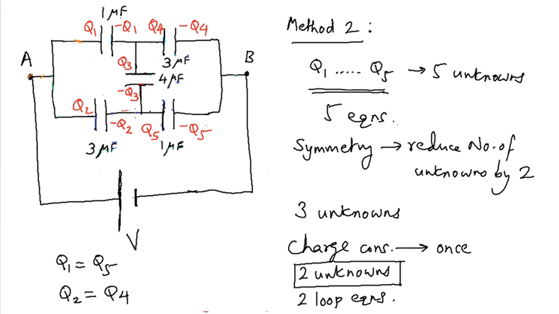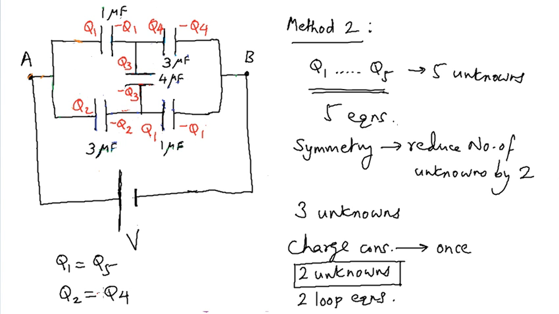And so we have got back our original circuit with the 5 original unknown charges Q1, Q2, Q3, Q4 and Q5. We now make use of the fact that Q1 is equal to Q5, and so this Q5 and minus Q5 which I have written over here, I am going to change it to Q1 over here